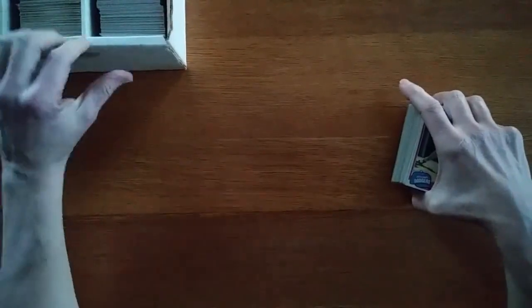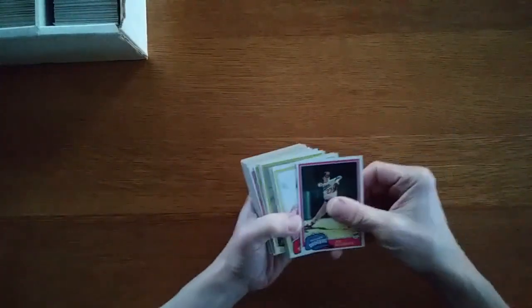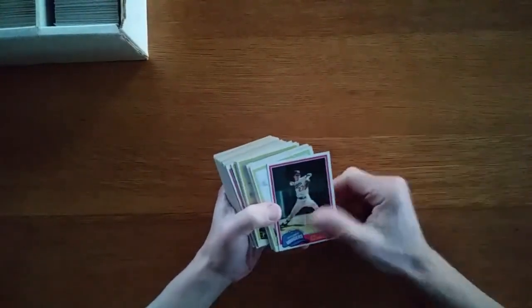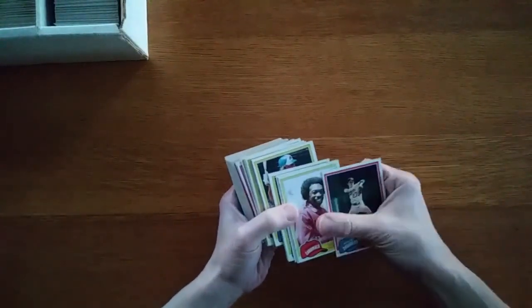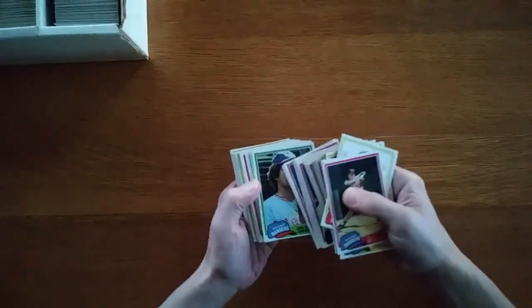So what I'm going to do here is play a pennant race type of deal, where I sort the cards into teams by division, and that'll tell me who wins, in air quotes, each division for that year. So I thought it might be interesting to look at some 81 Topps cards for this,